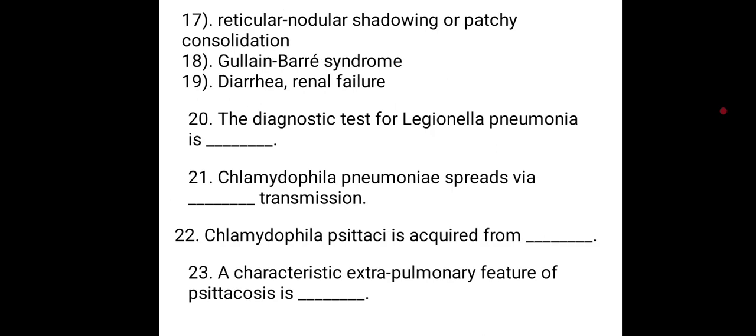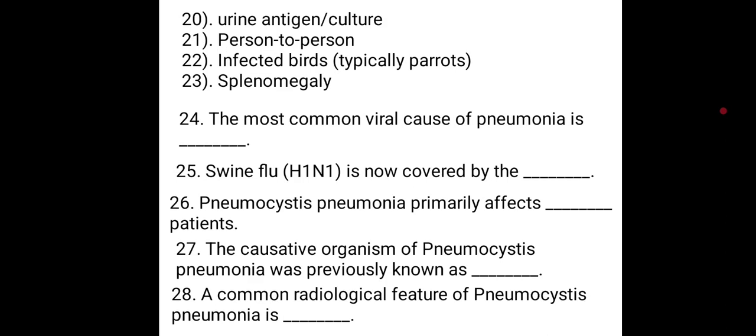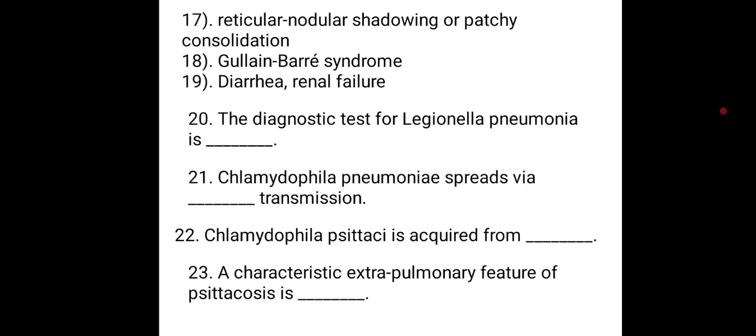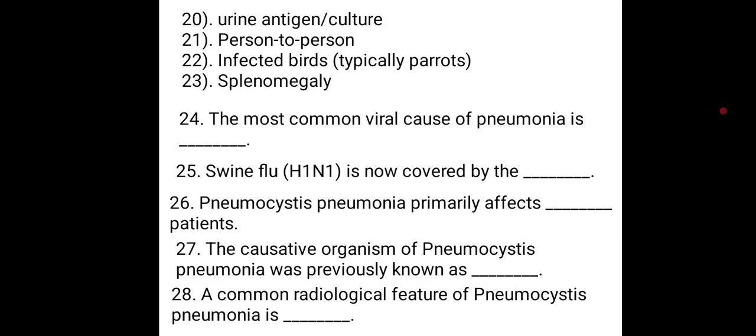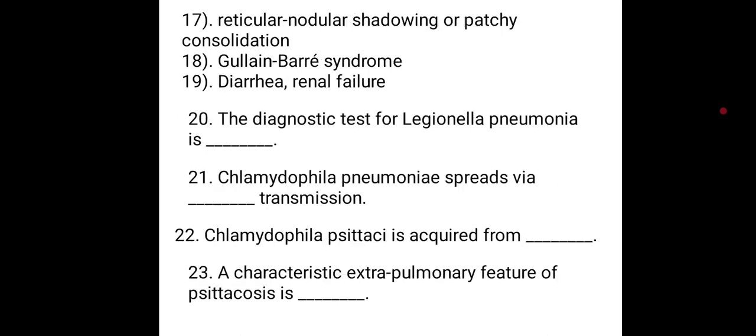Urine antigen or culture. The diagnostic test for Legionella pneumonia is urine antigen or urine culture. Chlamydophila pneumonia spreads via person to person transmission. Chlamydophila spreads from